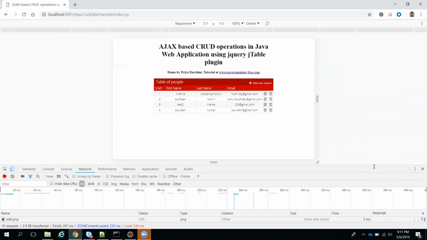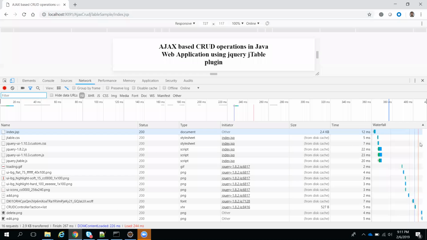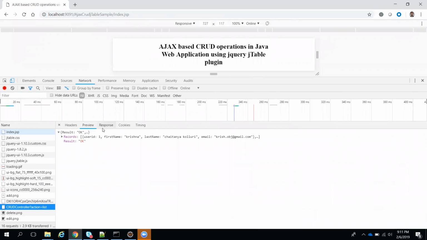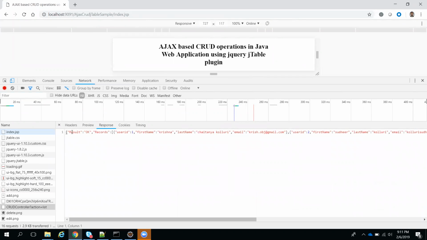When you refresh, it is loading some files. You guys observe here some jQuery jTable plugins. At the top we added some CSS, jQuery and all, right? So all those related resources are loaded. Apart from that, we need some more things, like see, there is an action called controller colon action equal to list. This action is fired when you load your page. If you click on this, I got some data response, you can check. See result okay, and records. I have a few records, totally 3 records.